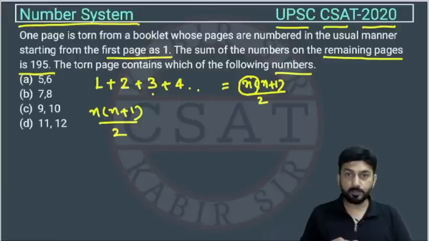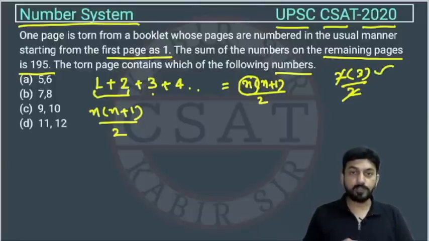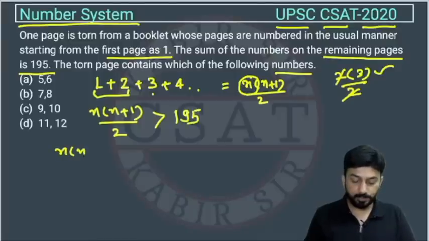2 पेज हैं, सो इट विल बी 1+2, सो n की वैल्यू क्या हो जाएगी, 2। इफ यू विल पुट 2 यू कैन चेक, दिस विल बी 2(2+1)/2, 2 will cut this 2, so this will be 3, so 1+2 is also 3, ठीक है। so similarly जो n की वैल्यू होगी, मतलब this sum will be greater than 195, क्योंकि एक पेज फटा हुआ है, right।